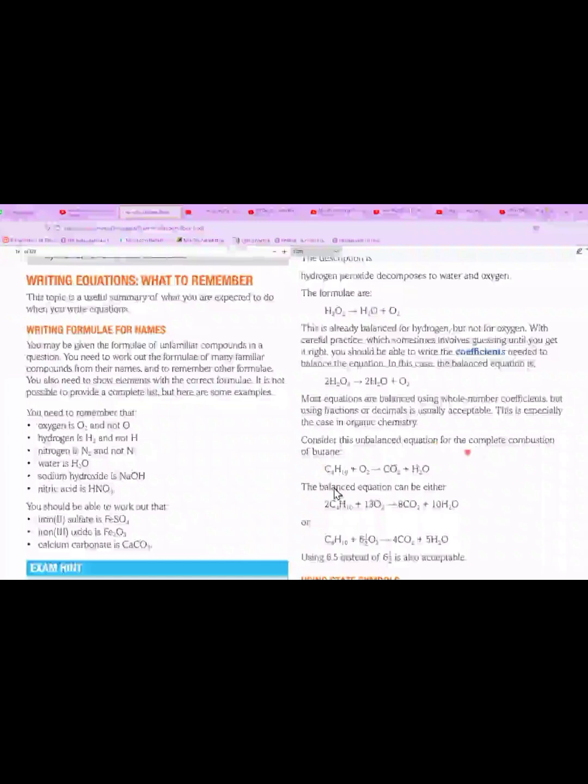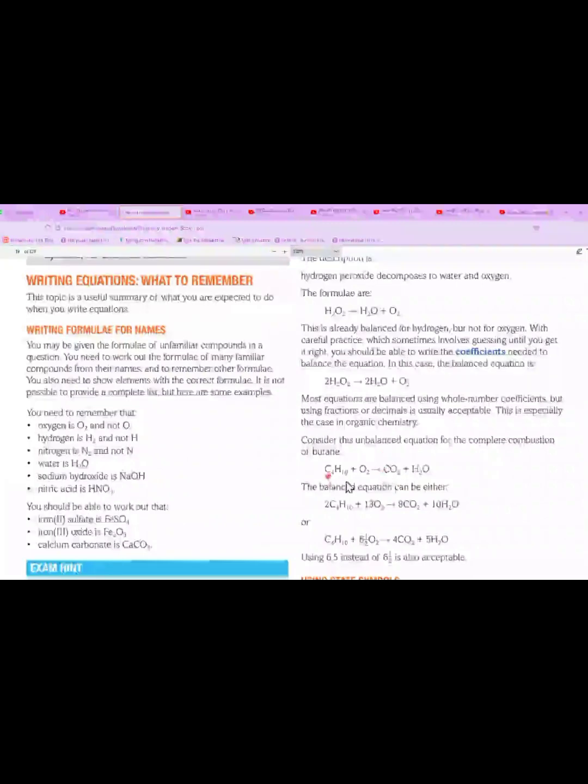Let us place directly 13 over here, so it makes 26 oxygens available. Let us place 8 over here, let's place 2 over here, and at the end you place 10 over here. That will balance the equation like an odd-even concept. So we have learned this equation, although that was general and we didn't practice it greatly, but the simple thing we can learn is that you can balance the equation by simply replacing the unbalanced equation with whole numbers.